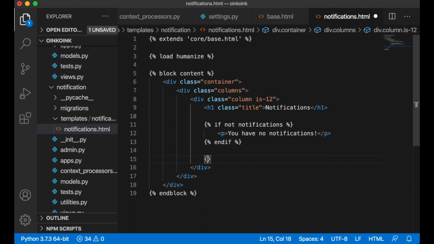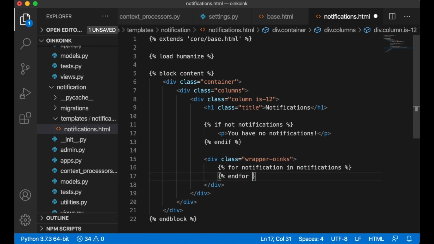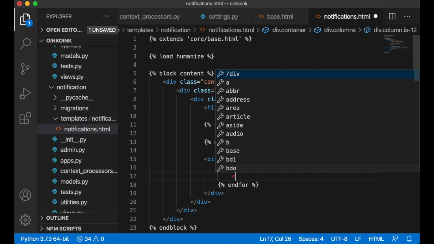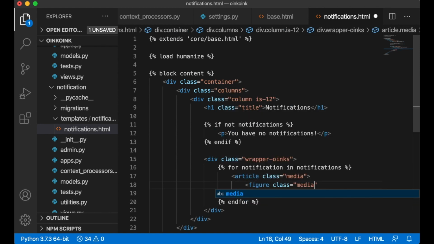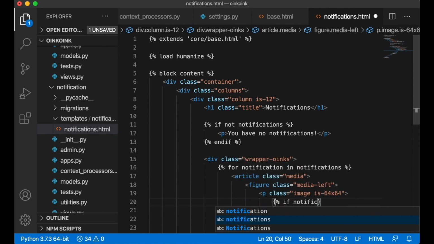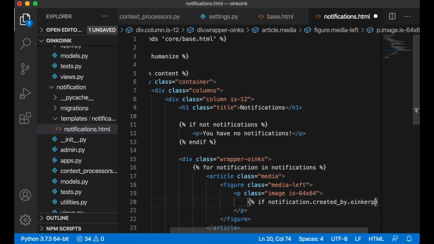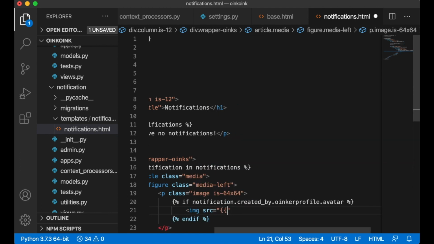and if there are, div class wrapper oinks, I want to loop through them inside here, for notification in notifications, and then I say article class media, figure class media left, p class image is 64 x 64, if notification.created_by.oinkerprofile.avatar, then I want to show a picture, img src, paste this to the URL,